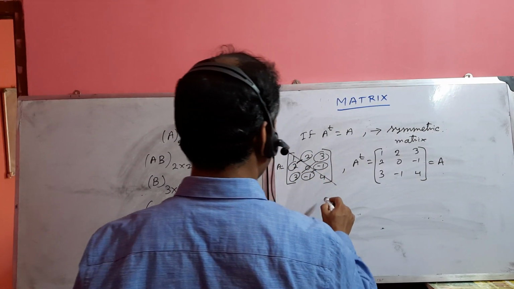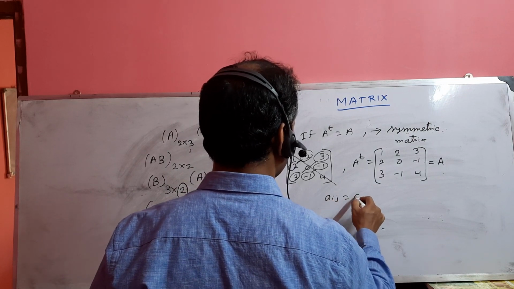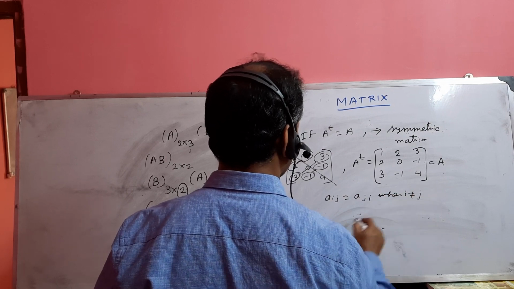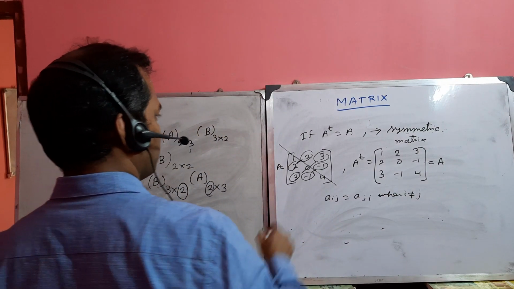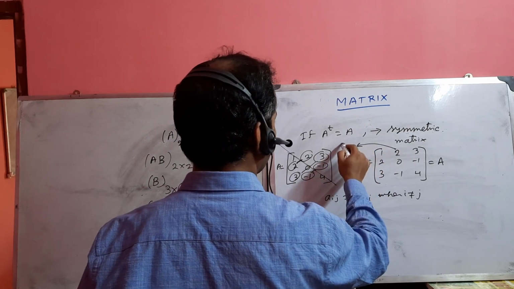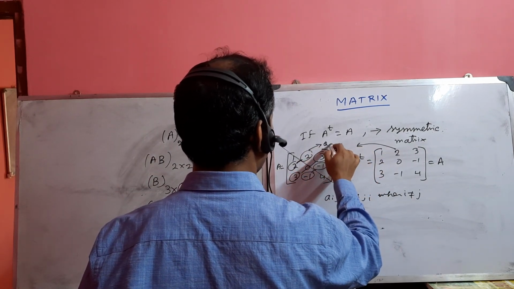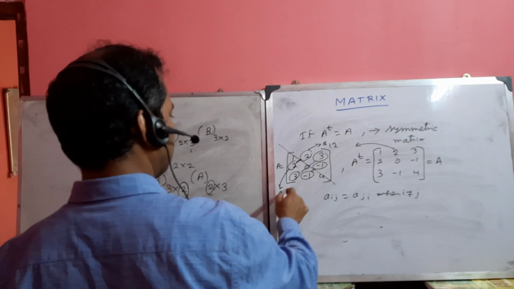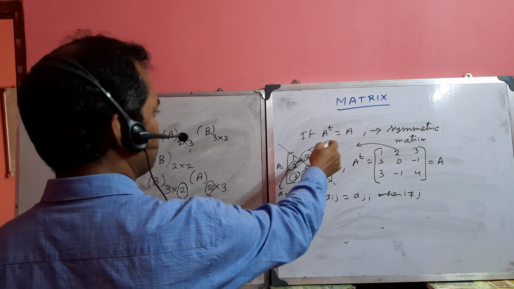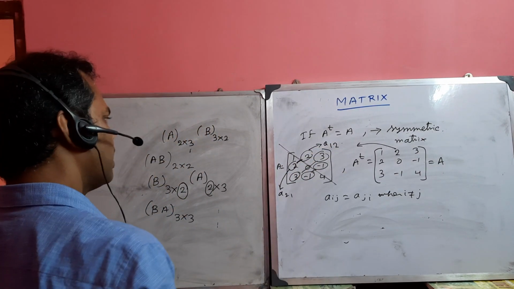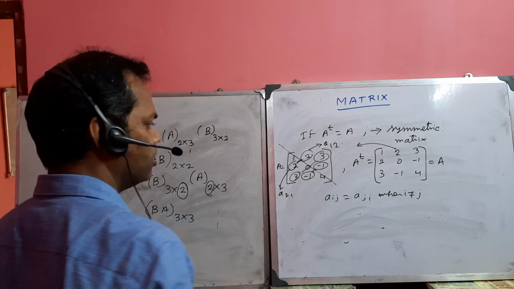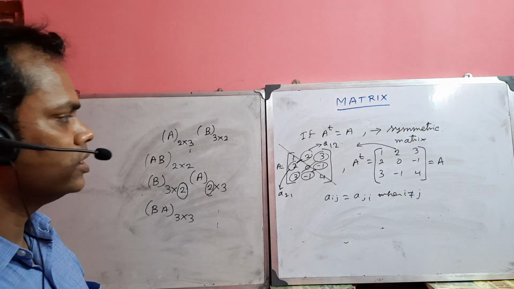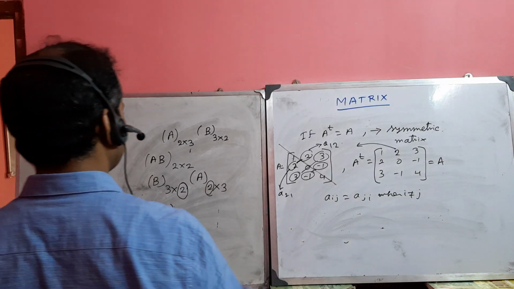In that case, you can write Aij equals Aji when i not equal to j. You see that this one is the element A1,2, and this one is the element A2,1. So A1,2 and A2,1 are both the same, for i not equal to j. Otherwise, for A1,1, A2,2, A3,3, you cannot say anything about the values on the diagonal of a symmetric matrix. So this one is a symmetric matrix.